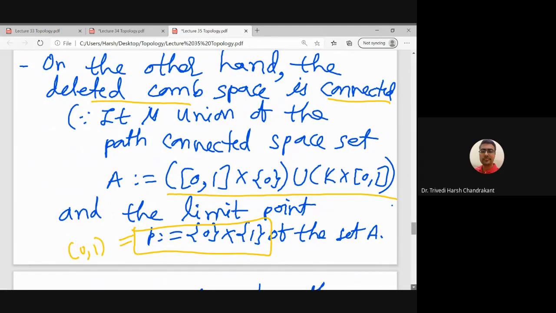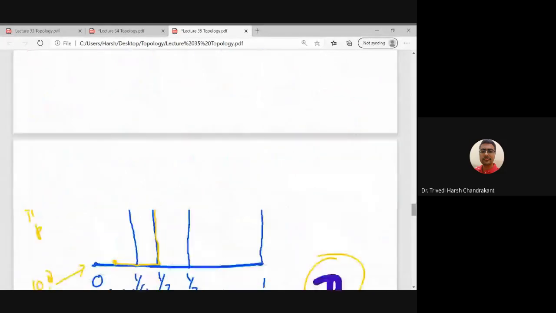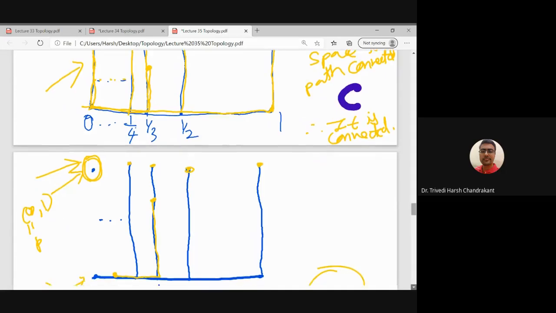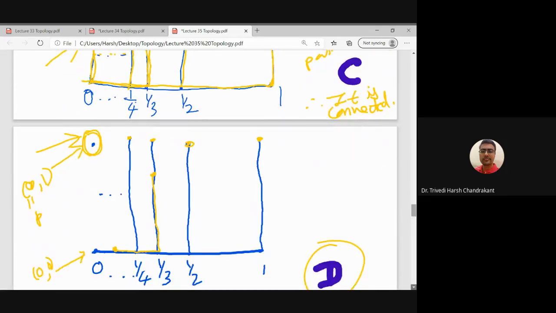It is 0, comma 1. 0 cross 1, that is 0, comma 1, and 0, 1 is the limit point of these lines. So we can see here that all these points, this one, this one, this one, are actually converging to this particular point P. So therefore P is the limit point of the other elements of D. So what we are saying is P belongs to the closure of D minus P,